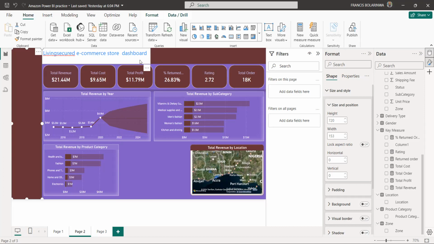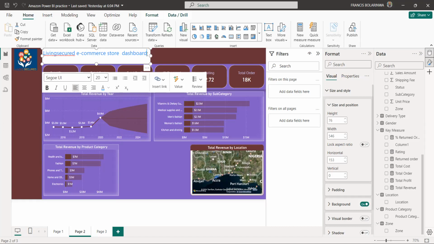Click inside the text box. Okay, you see, immediately you click there, if you look at your format pane here, you will see the background is on. So you can turn that off. If you turn that off, yeah, that's it.